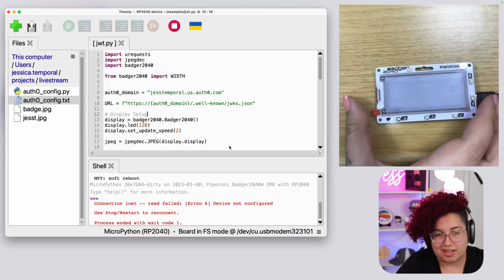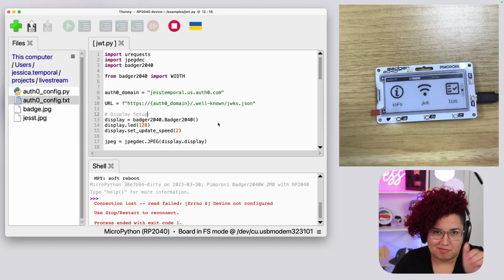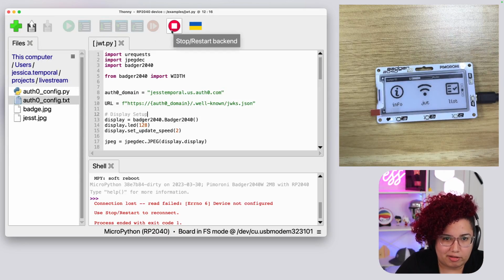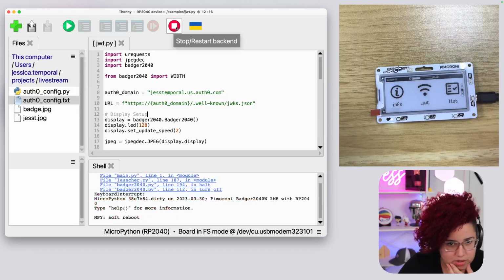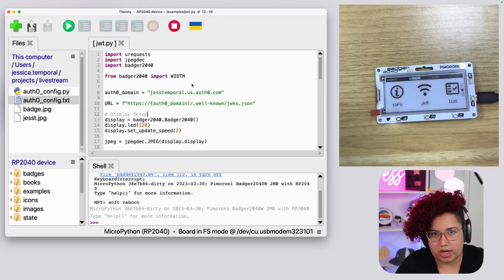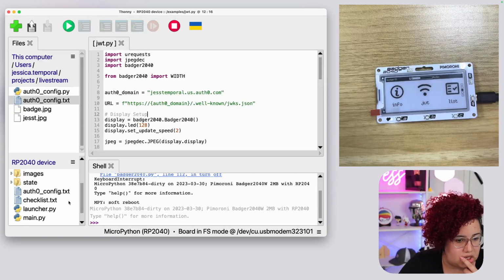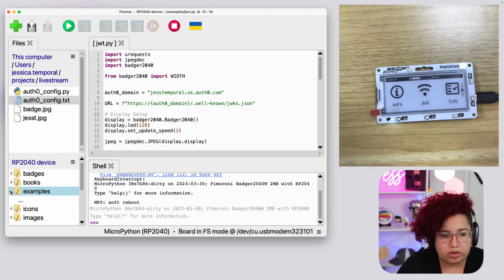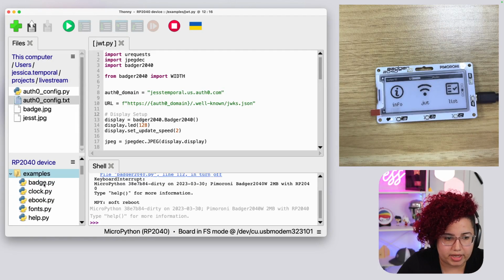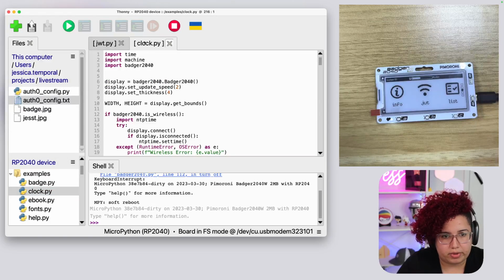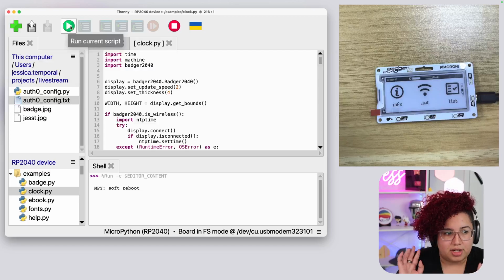Okay, so I know what I have to do to make it work again, and it's basically to try to run everything again from my Thonny environment. Thonny is the IDE that I'm using. I'm going to stop my badge, so basically I'm going to stop running the program from the badge and start running stuff from my computer. If I go back here, all the examples are all the code that is running on the badge, so you have the same applications: badge, clock. For example, if I open the clock.py file, which is the script for the clock, and run this, it's going to show on the badge, look, no hands.